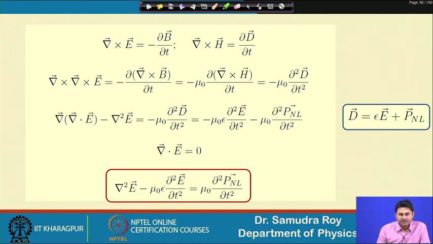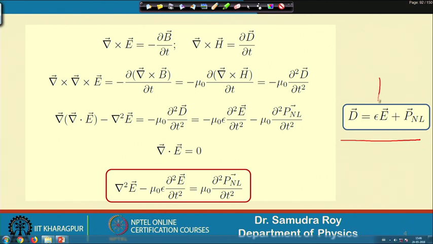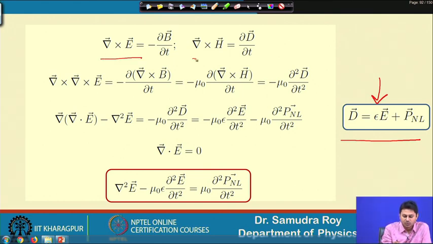Okay. After having the knowledge of D with nonlinear polarization, as shown here, this is the expression that we figured out. Now, we start deriving the Maxwell's wave equation with this condition. So, now again we are going to use two curl equations. Curl of E is minus del B del t, curl of H is del D del t. So, now if I take curl on both sides from this equation, curl of E will be this, and if I take curl of H in both the cases,